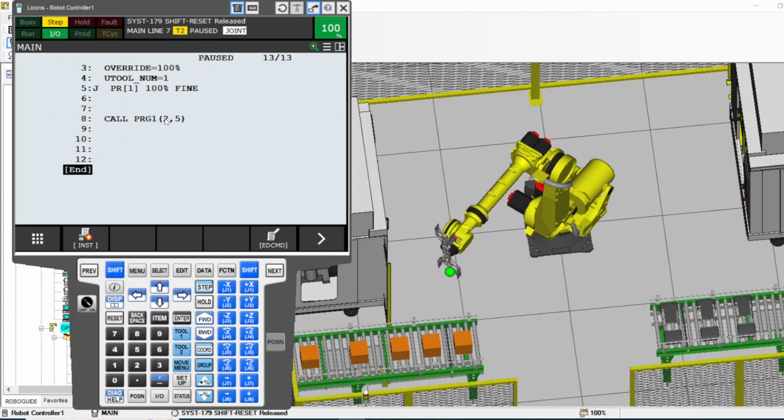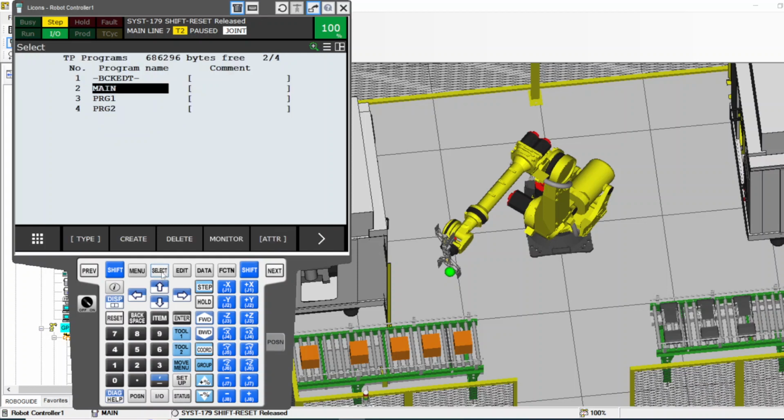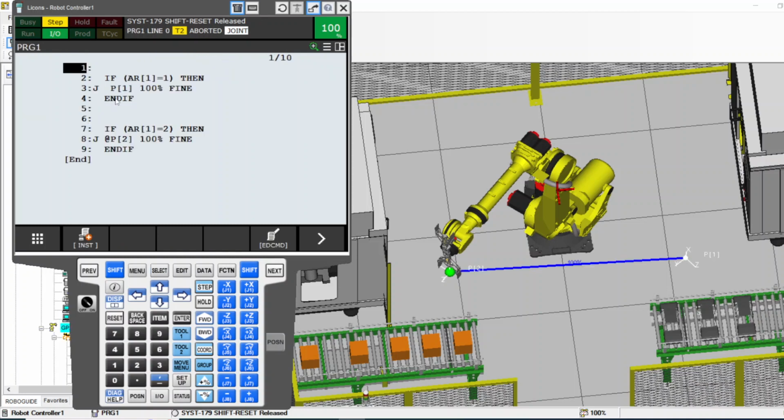You can have argument 1 here, argument 2, argument 3, 4, 5, 6, 7, 8, 9, 10. You can have many of them, and each one is defined by its position: the first number is argument 1, the second position is argument 2, 3, 4, like that. So when you go back here to program 1, I can say if argument 1 equal 1, which means the